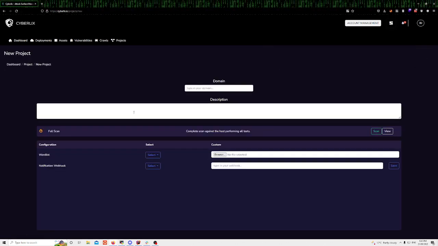If I do a new project and say I want to scan Yahoo, I'll give it a description: Yahoo external attack surface scan. Don't need to do anything here because this isn't completed yet. So if I click on scan, it's going to